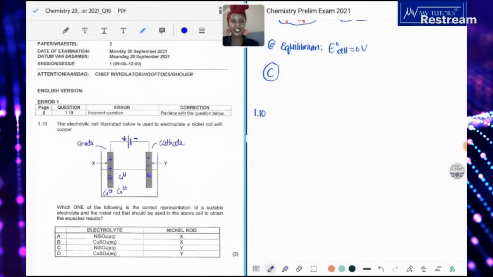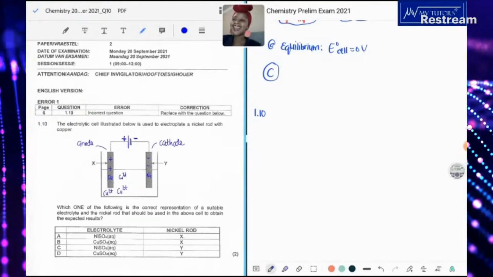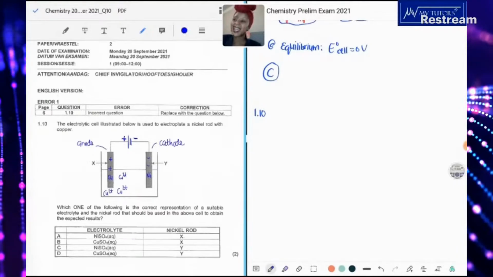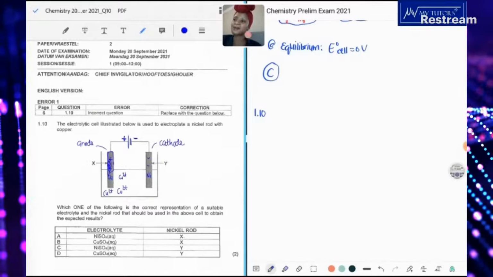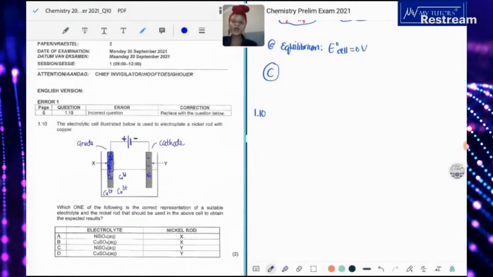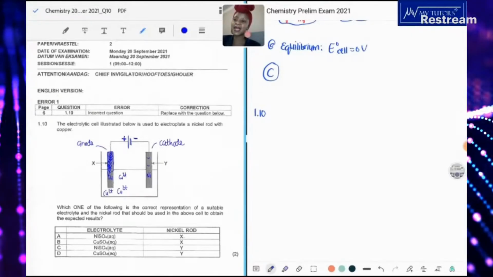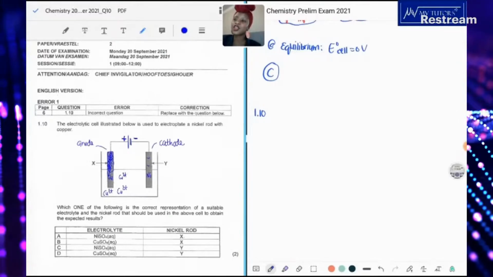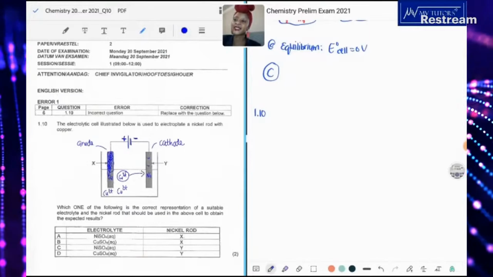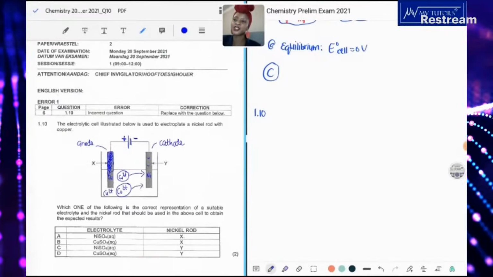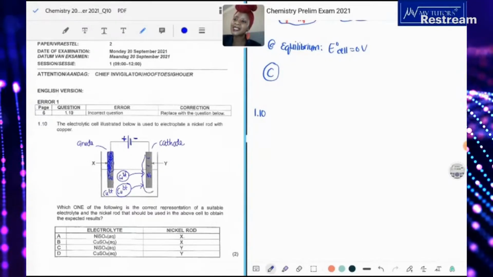Remember, it's oxidized, electrons are donated or gotten rid of. And then, again, on the anode, the actual electrode will start losing weight. Okay, it's going to be less. But as the electrons hop over to the cathode side, as this becomes negatively charged, your copper 2 plus ions are going to be attracted to this electrode. Okay, because opposites attract. And as they attract, this nickel will be plated,